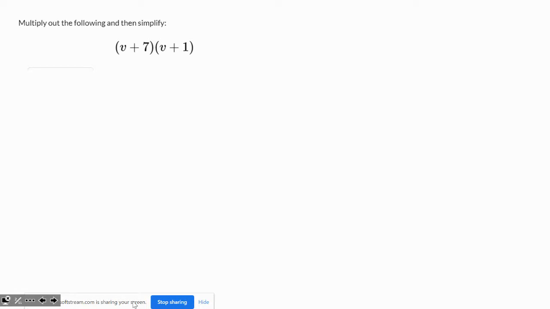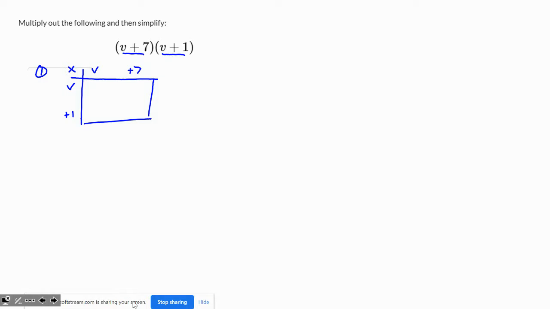So if we're to expand these brackets, multiply them out as it says, we're going to have to multiply everything in this bracket by everything in this bracket. So the first method I want to go through is the grid method. So you might draw it out so you have a multiplication grid where you're doing v and 7 multiplied by both v and